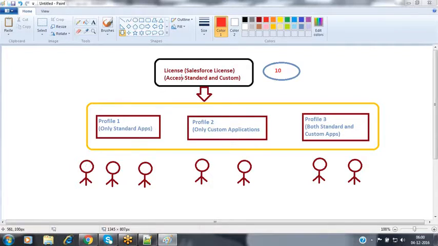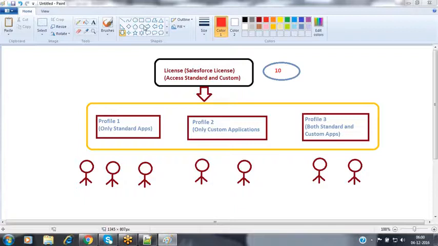So now upon creating a user, mandatorily we have to assign a profile. In that profile, we are specifying the permissions. We are configuring what features of my organization can be accessible by these users. When coming to the association between the user and the profile, one user should be associated with only one profile, but one profile can be assigned to multiple users also. So between profile and user, we have a one-to-many association, and user to profile, we always have a one-to-one association.